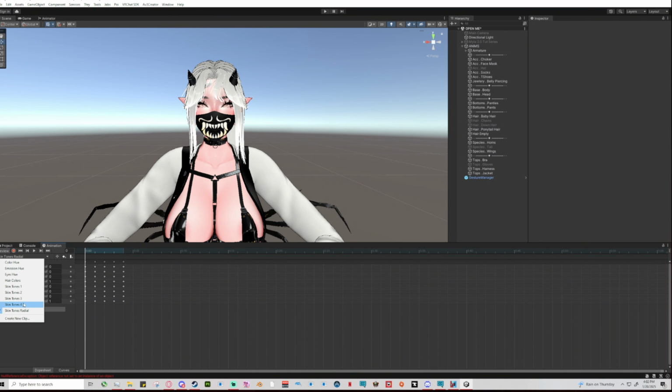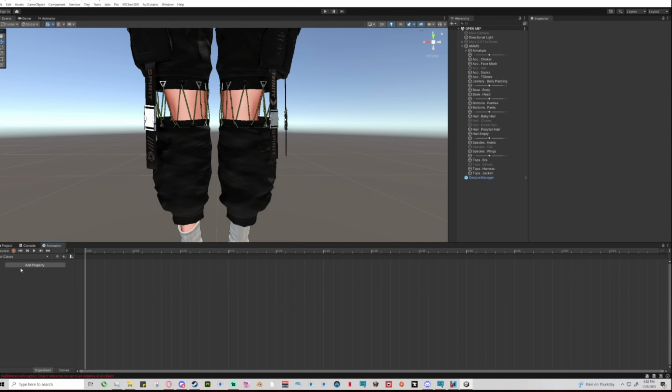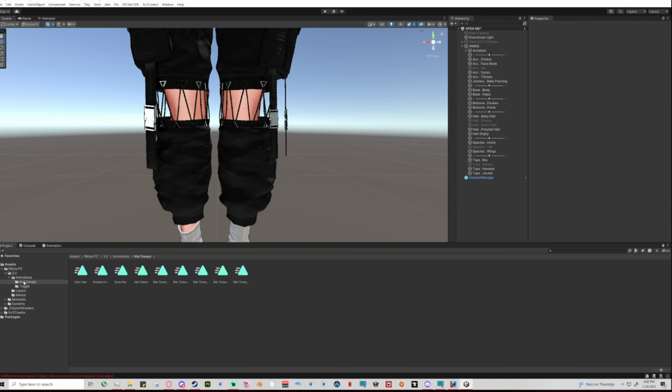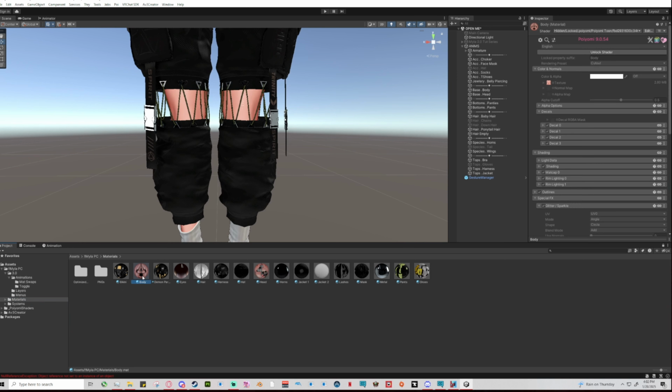which works wonderfully. So the other way is you would actually have to go through on your materials